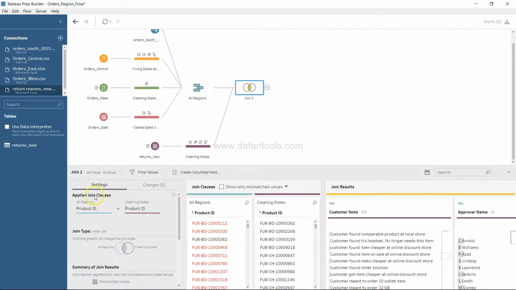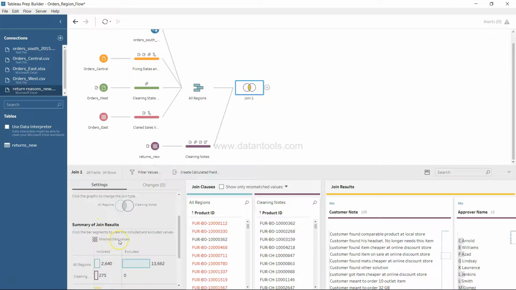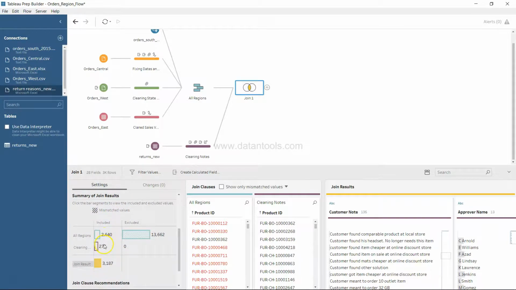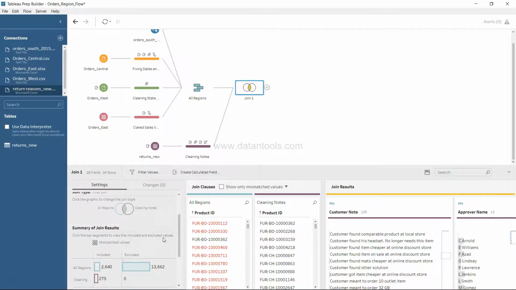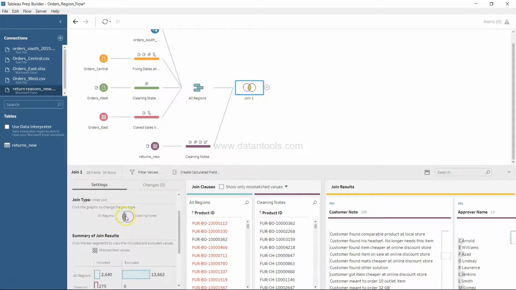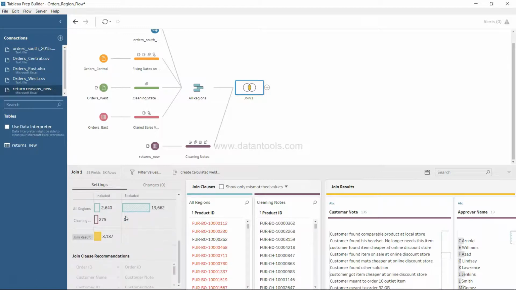For example, you have this option enabled, apply join clauses, giving you the information about on which column the join has been added, and the type of join that has been applied is inner join, and a summary of results, mismatched values, included values over here, and excluded is almost 13,662 values that have been excluded, and that is because the type of join that has been applied is inner join, and I'll show you in a minute how you can